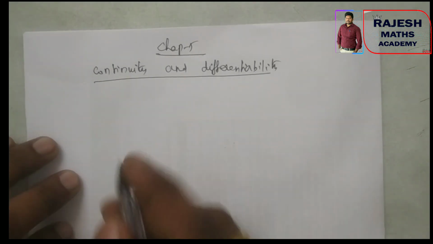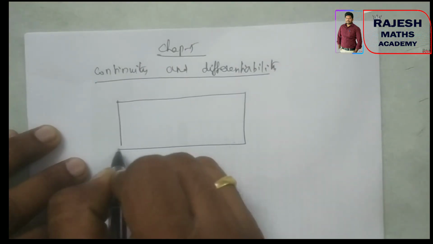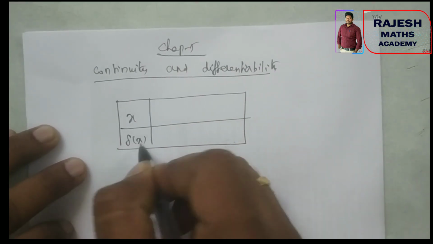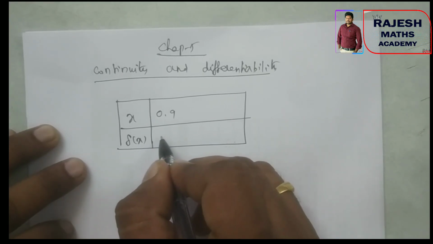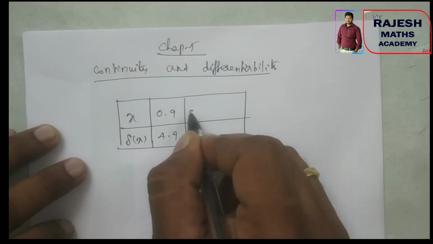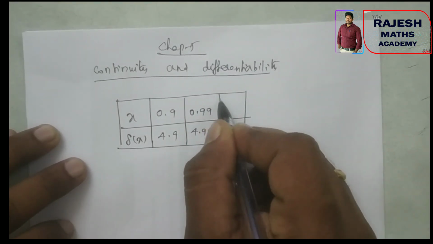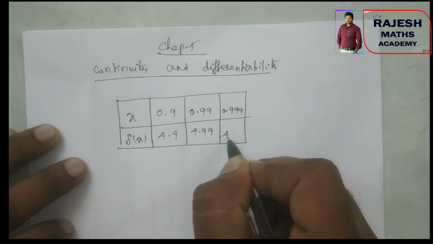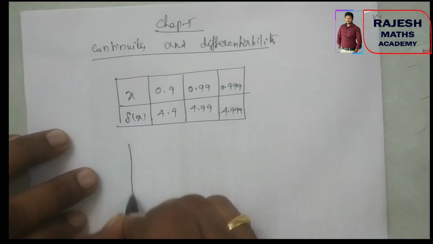So before that, just consider these two cases. First case, this is my x value, this is my f of x value. If I'm taking x value 0.9, suppose I'm getting 4.9. Suppose x value is 0.99, then 4.99. 0.999 means suppose I'm getting 4.999, like that. Another case, you consider that